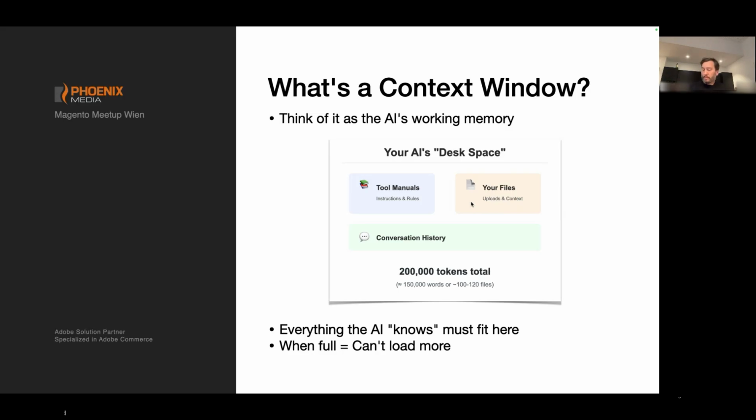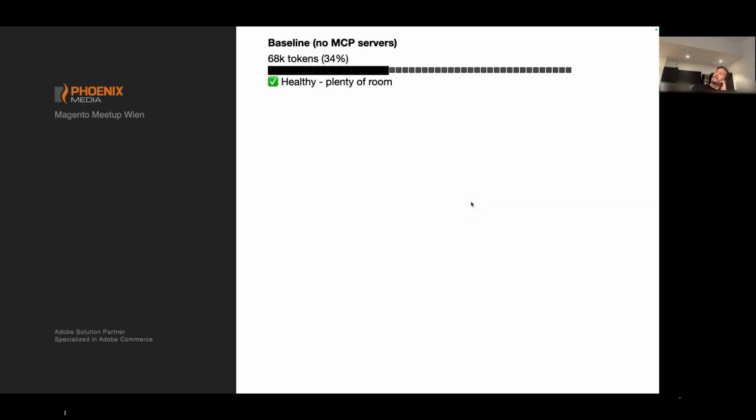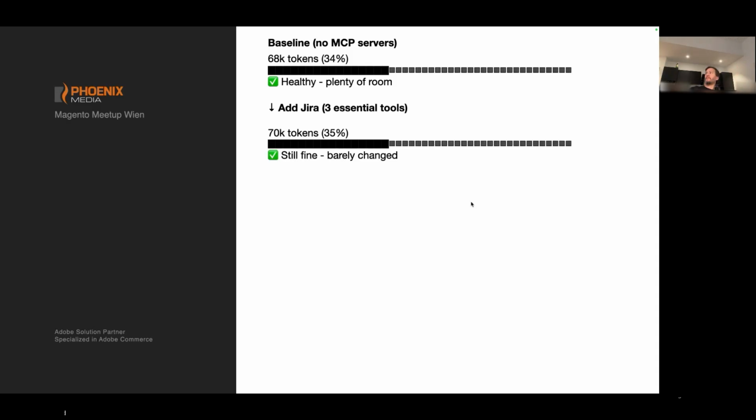So what can we do here? First, let's just put that in here. If you have no MCP servers at all, you can see there's also like 34% of the context taken. But in this case, a lot of that is for compacting things. You can disable that actually, so you have more room left. But that's what's taken when you have no MCP servers set up in a vanilla Claude Code environment.